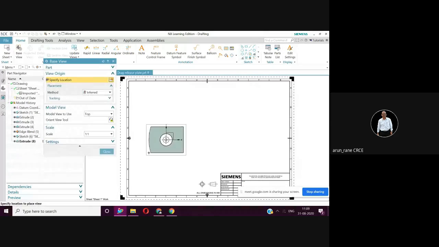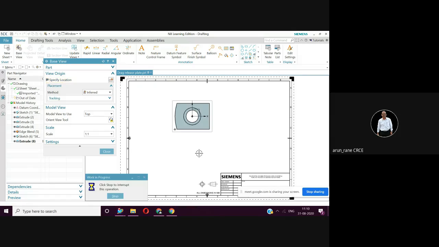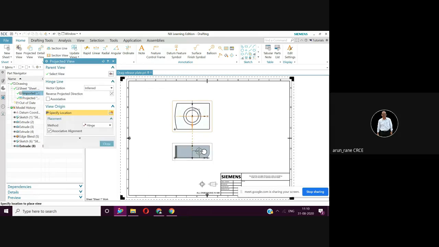Just do some R&D. Okay, now I had opened that model, isn't it? The drag release plate. See, this model is open. Just place it here. You have one view, you have another view. Okay, I don't know which one is top.